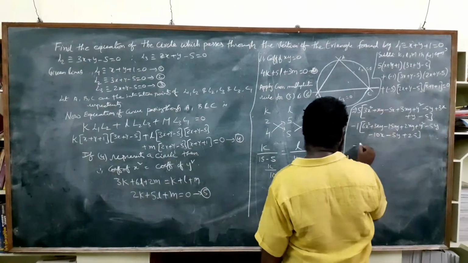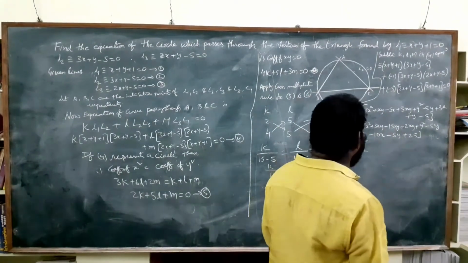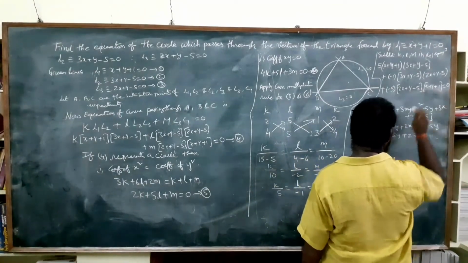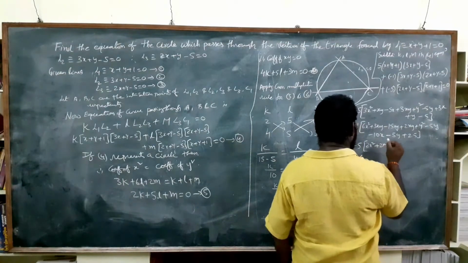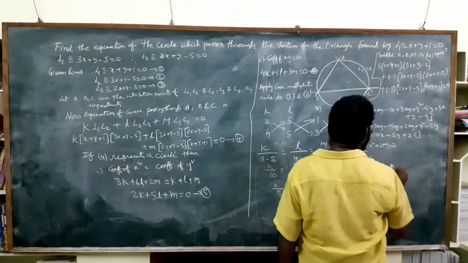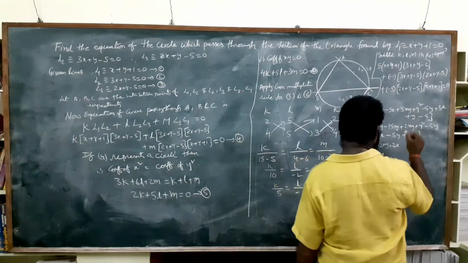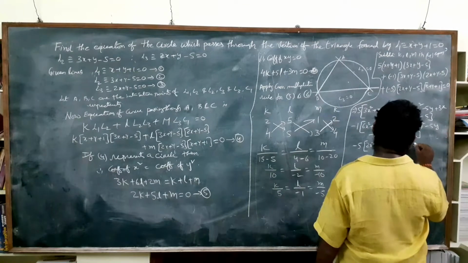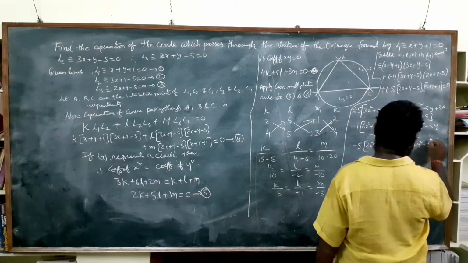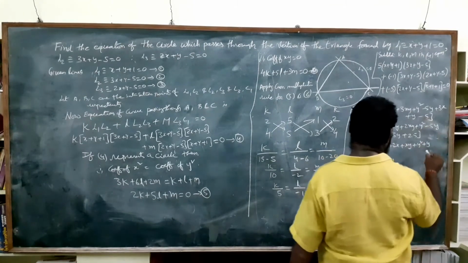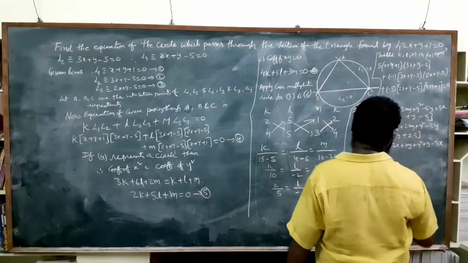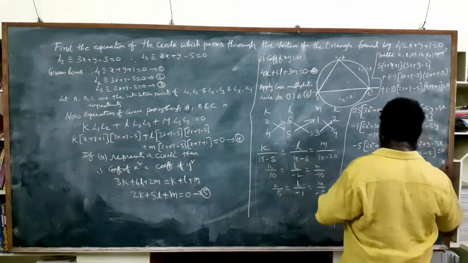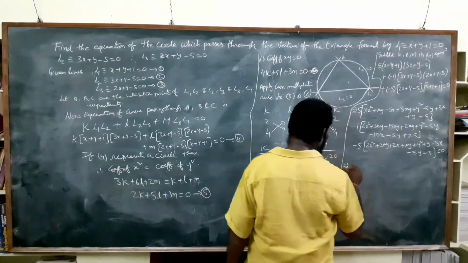and here plus into minus, minus 5 into, so 2x into x, 2x square, plus 2xy, plus xy, plus y square plus y, and minus 5 to minus 5x minus 5y minus 5 equal to 0. So you simplify this equation.